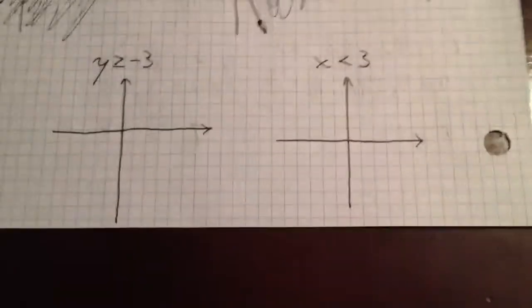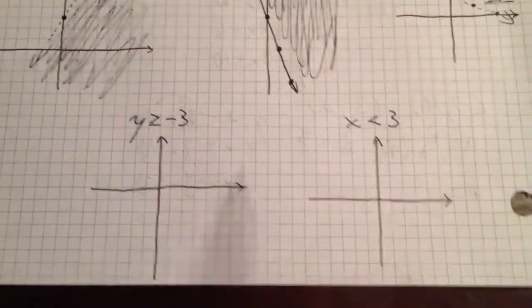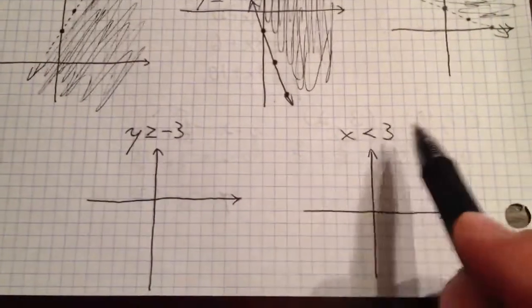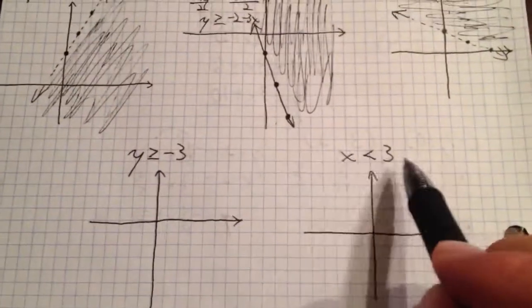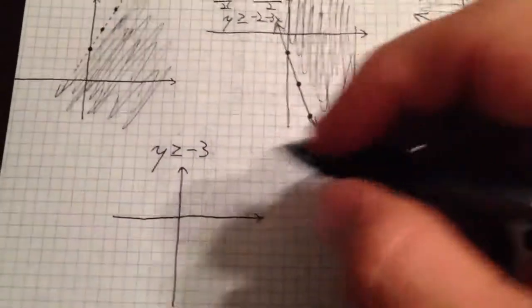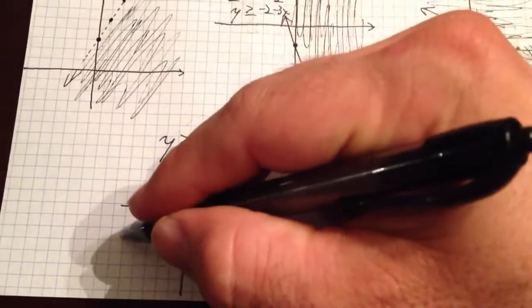The last two, really quickly, are horizontal and vertical, because this one is only y, this one is only x. So on the horizontal and vertical, you would have